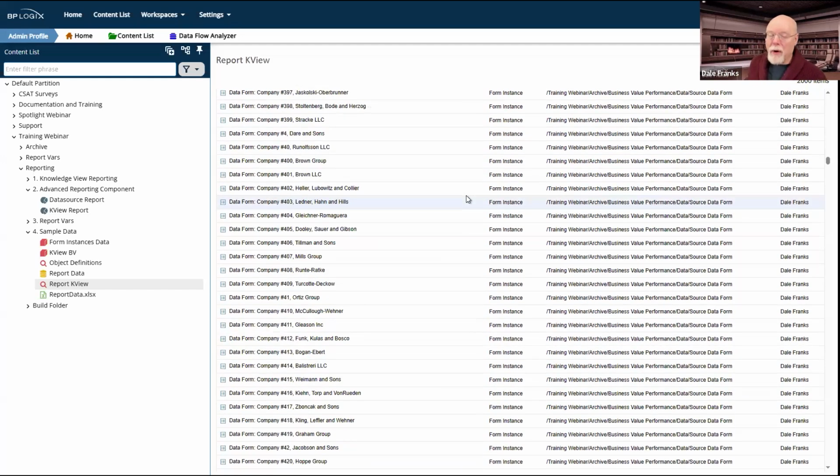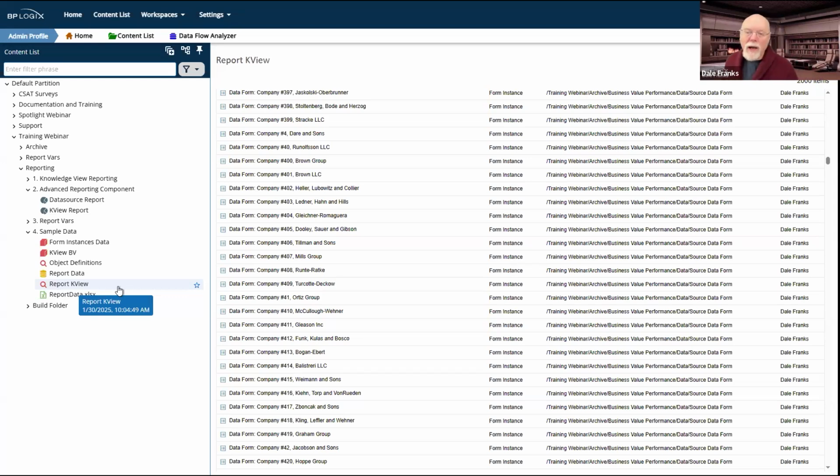However, and there are many different reasons why you might do this, you can also use a data source that pulls items directly from the Process Director database, or any external database, and you can report that way. For example, if you have a form definition, and on that form definition, you've gone into the Form SQL View tab of that form definition, and you've created a view for that form.